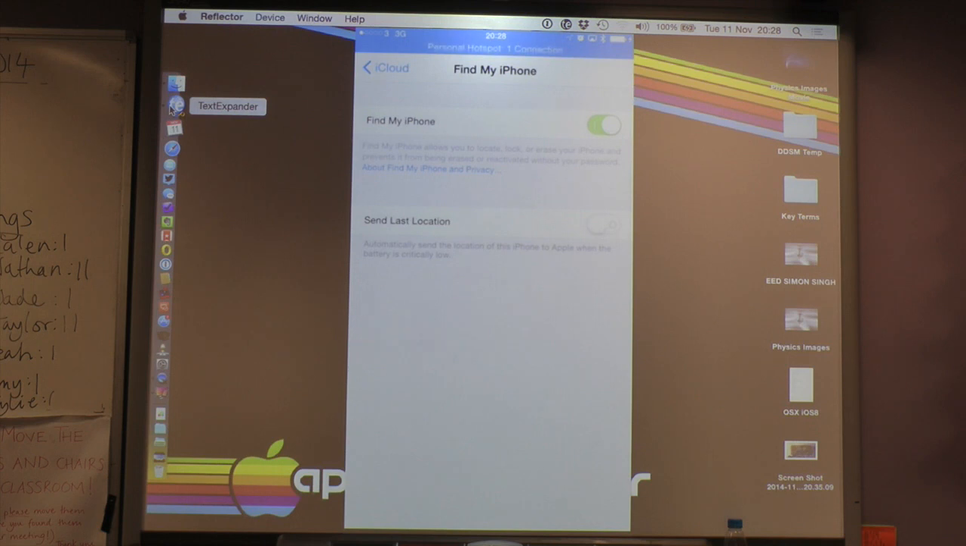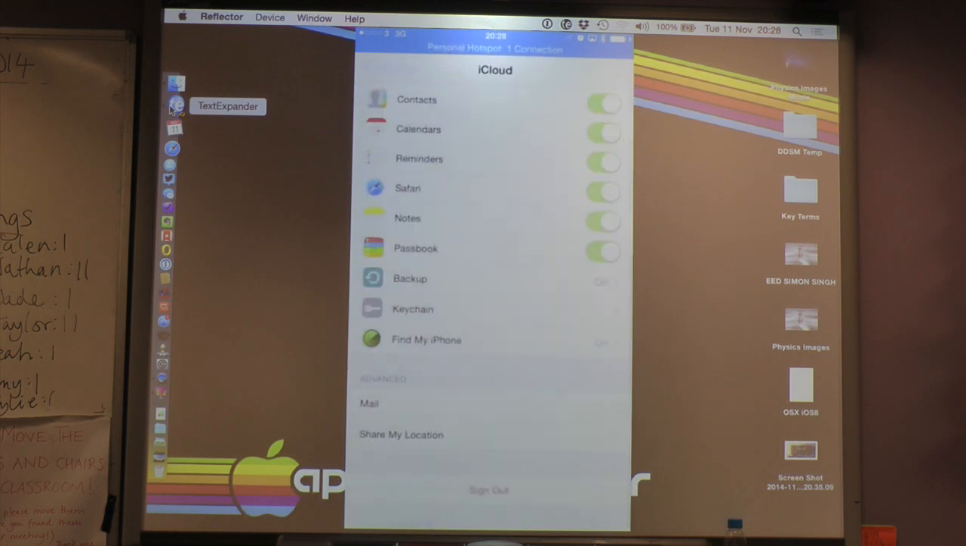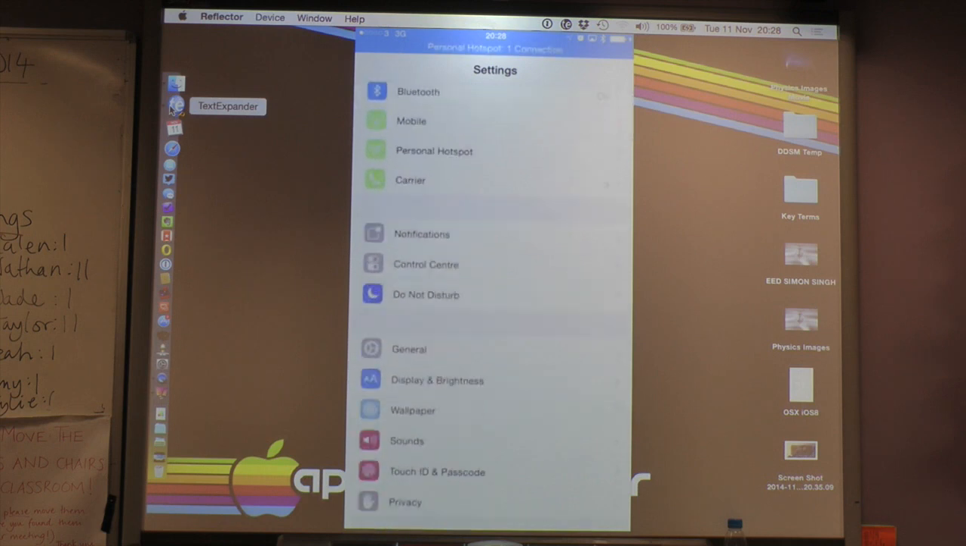So you can turn it off, but I've turned it on. I've not obviously used it yet, but that's a really nice, potentially really nice feature if you're looking to find where your phone is. You can also, in settings, go into general,